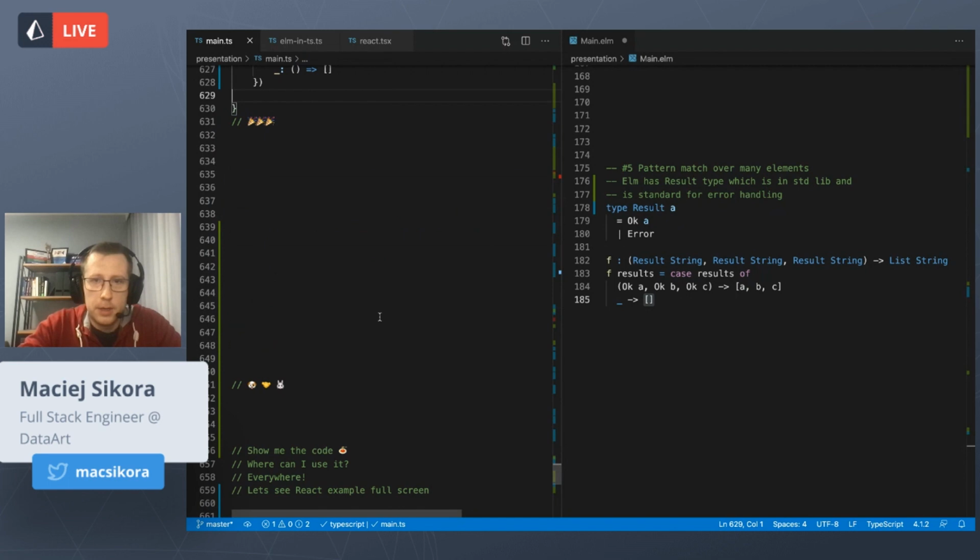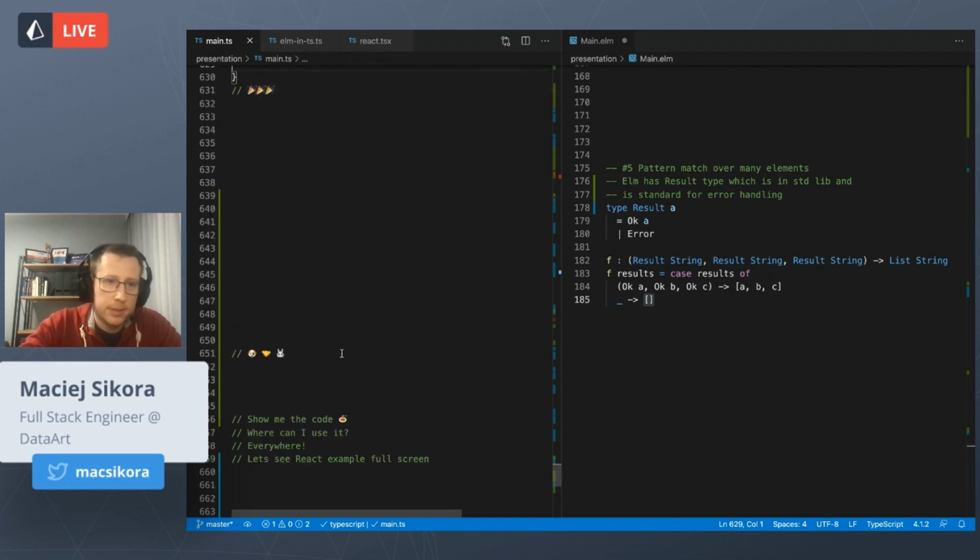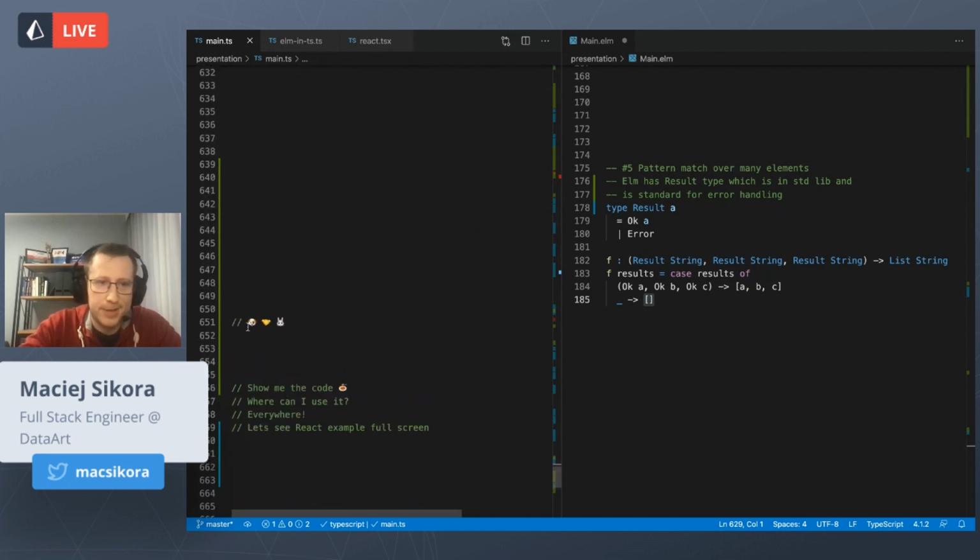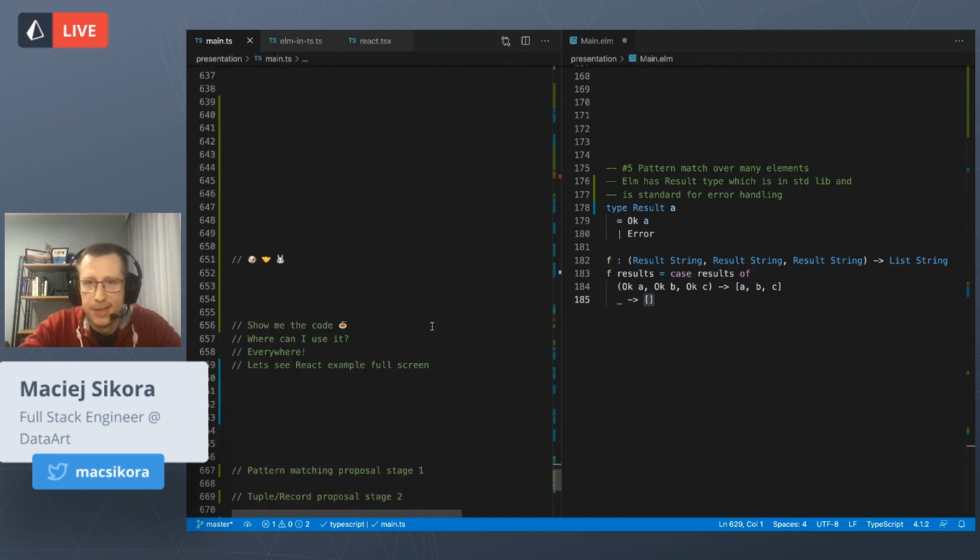Okay, so I think the dog and the rabbit can agree and shake hands. They don't have hands, yeah. So, show me the code. I will go very fast and not into detail, but